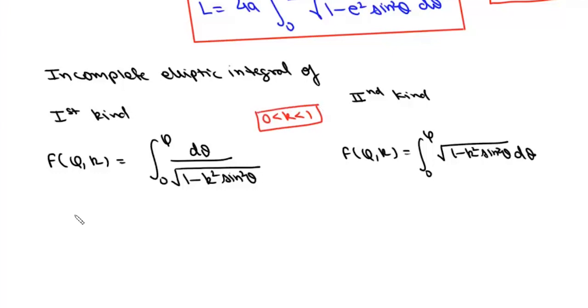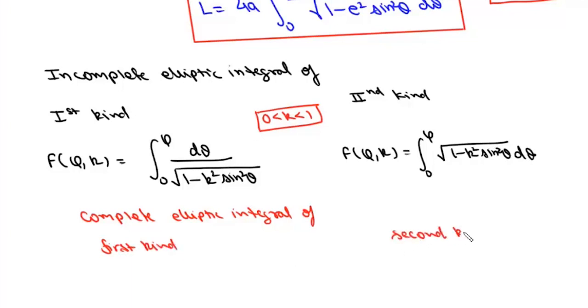And then we have complete elliptic integrals of first and second kind. So now we'll write complete elliptic integral of first kind and second kind. Now in incomplete elliptic integrals, we have two parameters, phi and k. Here we have just one parameter k, and we take this angle phi as pi by 2. So we write this elliptic integral as